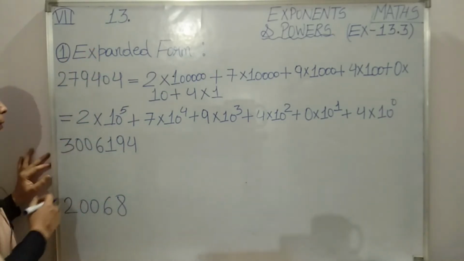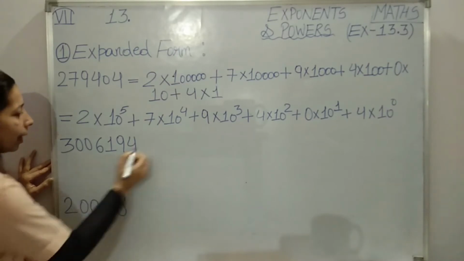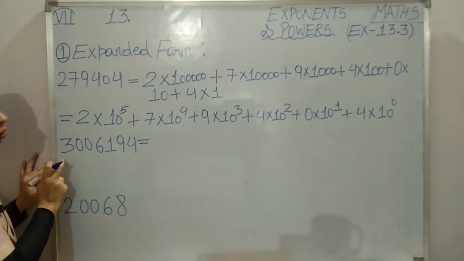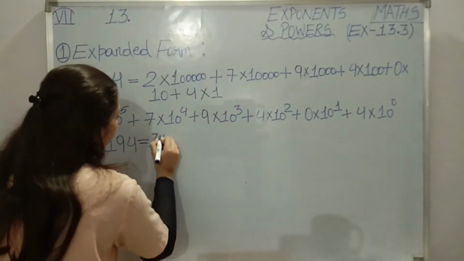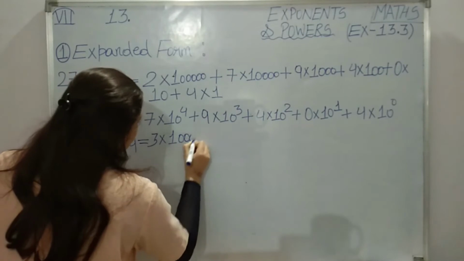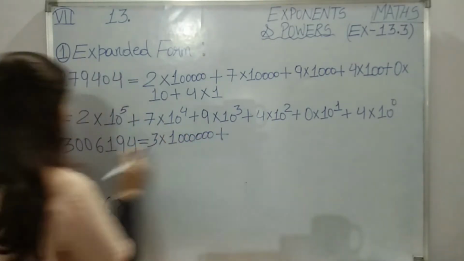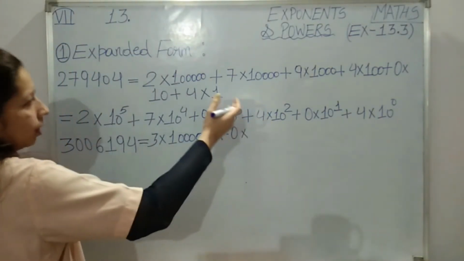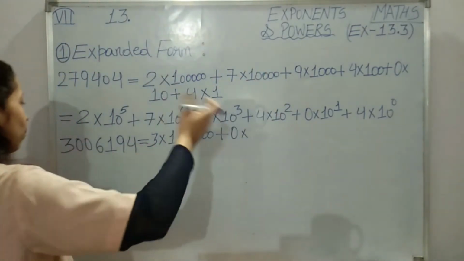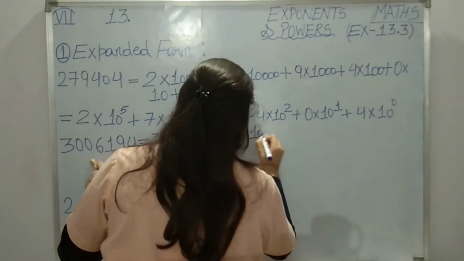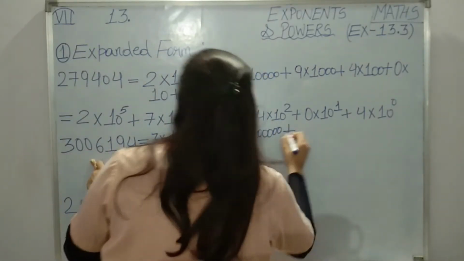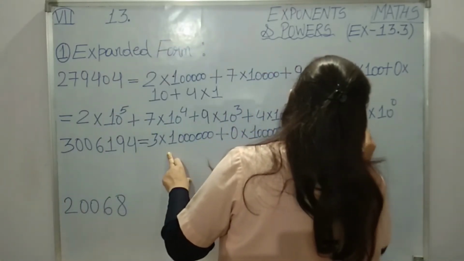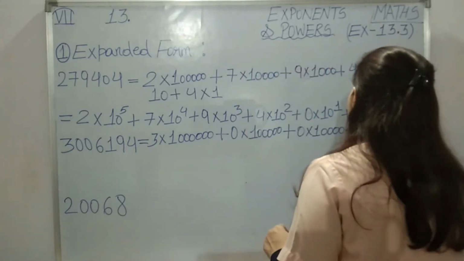Let us see the second number also. So again, 1s, 10s, 100, 1000, 10,000, lakh, 10 lakh. Now 3's place value is 10 lakh. So 3 into, how many zeros in 10 lakh? 6 zeros. Got it students? Then next 0, 0. See students, for 0 it is not necessary to show the multiple of 10. Simply also you can write. But let us write, no problem. 1, 2, 3, 4, 5 plus again 0. 1, 2, 3, 4. Okay, then 6 place value will be 1000.